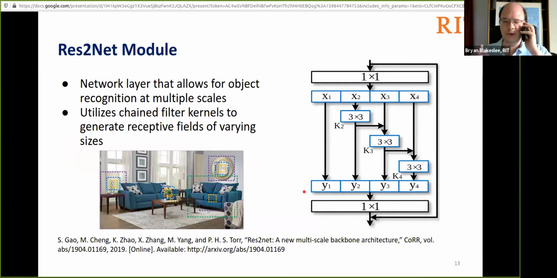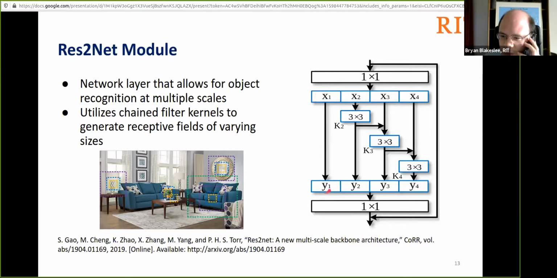This module is important because it allows for the detection of change targets of interest at multiple sizes in the image. And the way it works is by basically chaining and forking these convolutional kernels together to create a new activation map which has what's called multi-scale information.